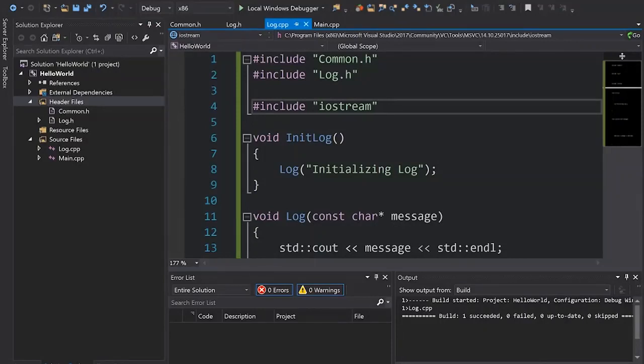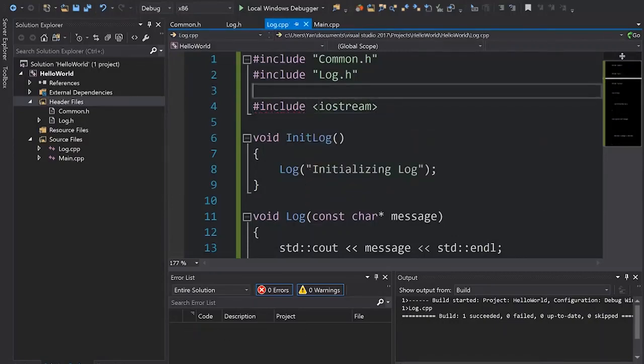One other thing that you might notice is this iostream doesn't actually look like a file because it doesn't contain any extension. It's just called iostream. What's up with that? Well, it actually is